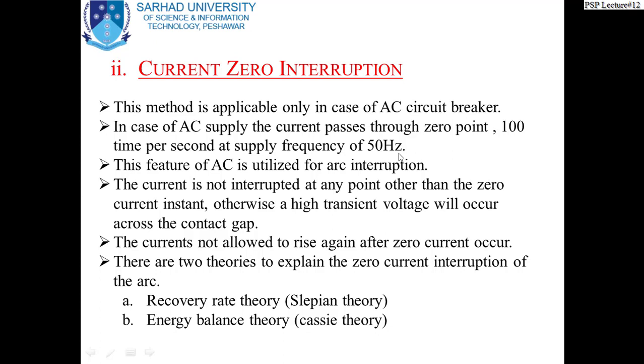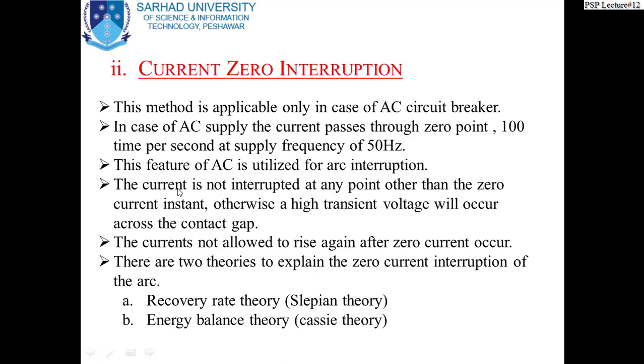Now this feature of AC is utilized for arc interruption, right? The current is not interrupted, very important point, at any point other than the zero current instant. Otherwise, a high transient voltage will occur across the contact gap. Gentlemen, this point I will explain when the board is available, in the interaction class, because if you suppress a high current